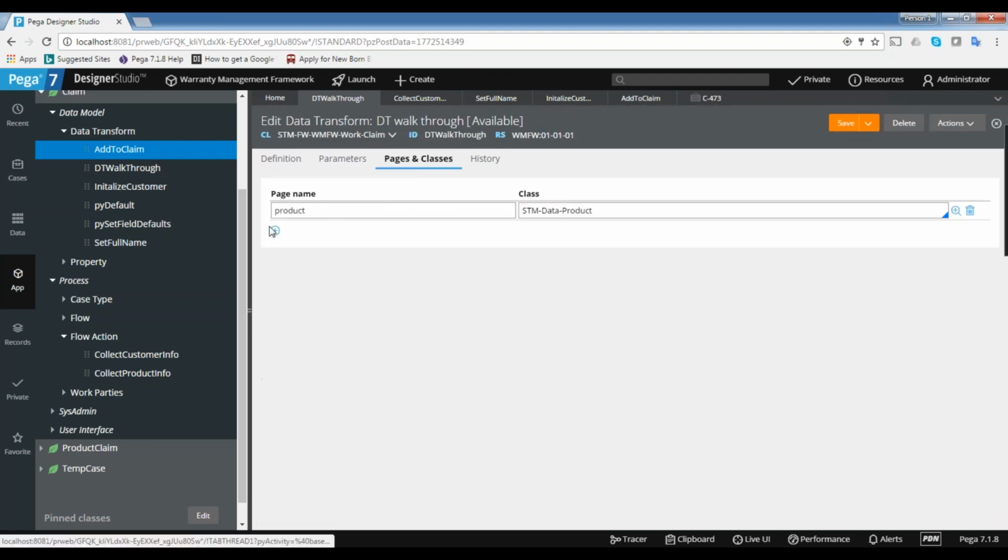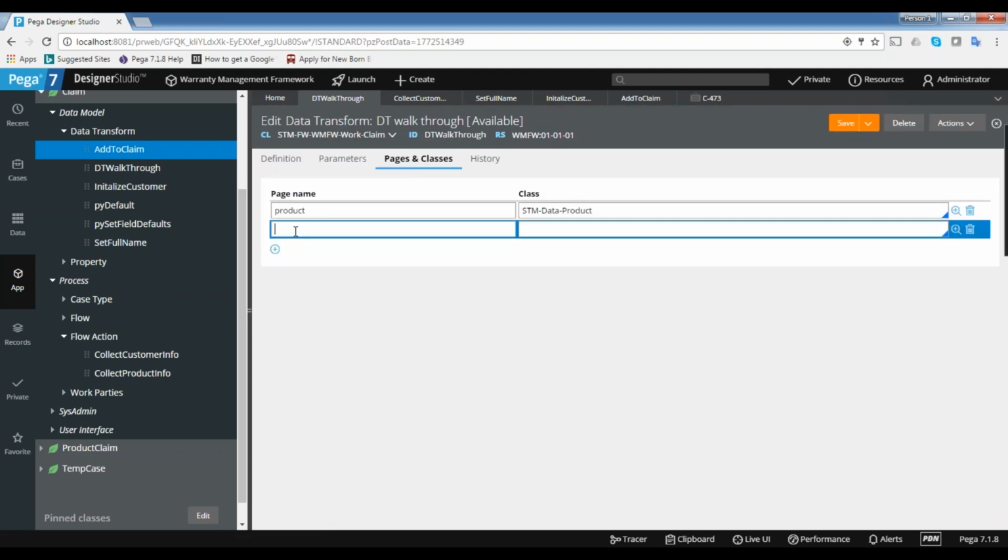Let's say if customer list is there, but the property is not there, I guess. We don't have any other page list properties. So let's take customer list, customer property. So this is of type STM FW. Customer is a different class, but still you can do that. So let's say education details is there, I guess.